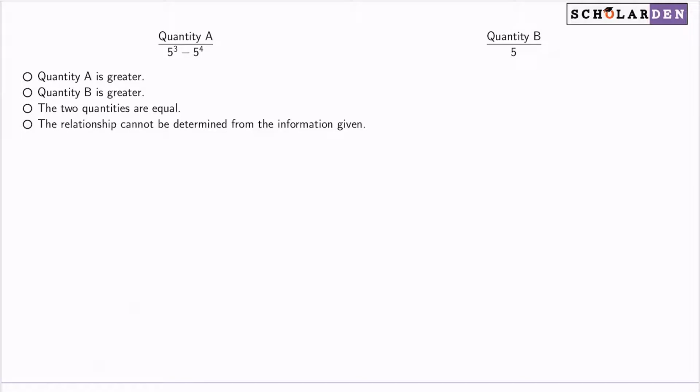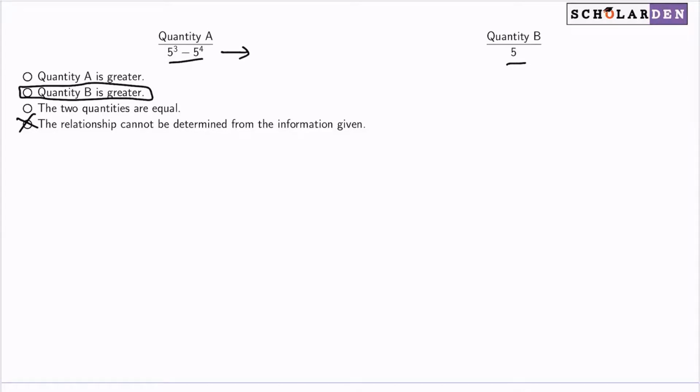Now, because we have solid numbers, we can definitely find a solution. So it's not going to be D. We can definitely work this out. And the answer is going to be B. And the reason is because when you think about what's going to happen when you have 5 cubed and 5